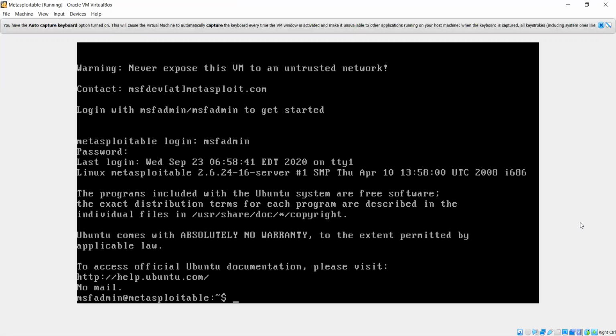Everything that I'll be doing on my Parrot OS, or if you're using Kali, you use that. That's up to you. So in Metasploitable, there is nothing that I would like to do. Now coming back to our attacking OS.